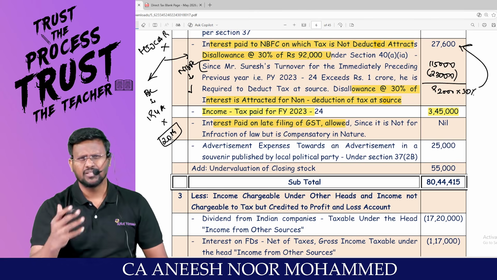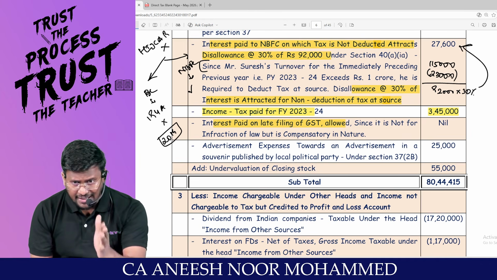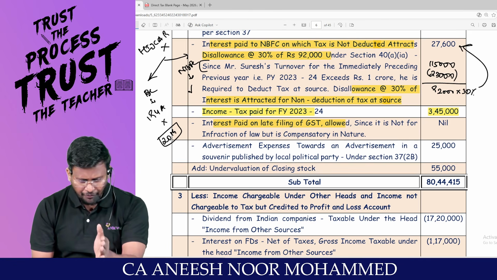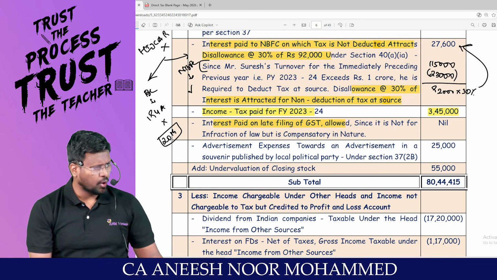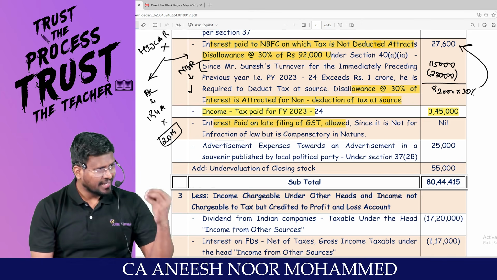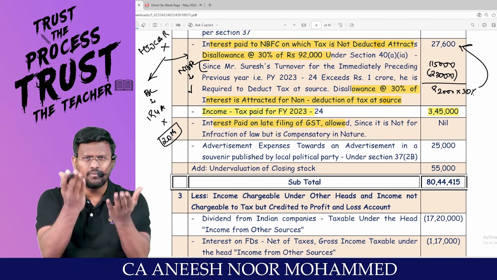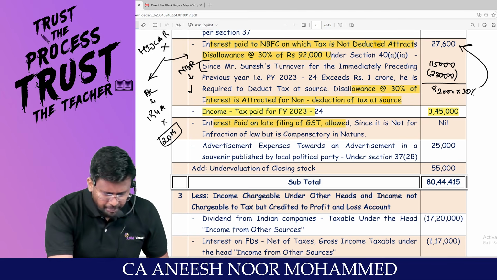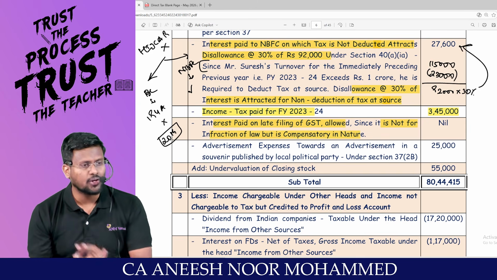GSTR 1 is there, GSTR 3B is there, IFF is there, like that. So many things are there in GST returns basically. Sir, instead of filing that return on 20th, I have filed the return on 22nd or 23rd. So there is a delay of 2 or 3 days. For that delay, I am paying what? Interest. So till that 2 or 3 days, that money will be used for the purpose of business or profession only. So interest is compensatory in nature. It is not for infraction of law. Hence, it will not be added back.